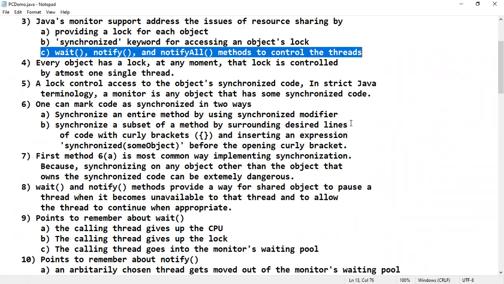Wait exists especially to maintain the lock on the monitor. So without wait, notify and notify all, we cannot go for inter-thread communication. In the previous mailbox class, because of the lack of proper communication between the producer and consumer, we got the output in disorder. So we'll use the wait, notify and notify all functions to maintain proper inter-thread communication.